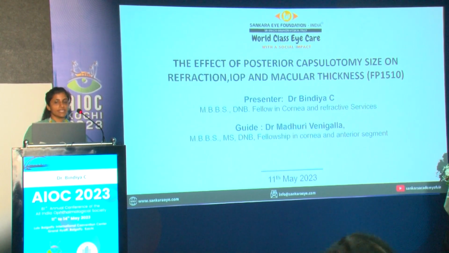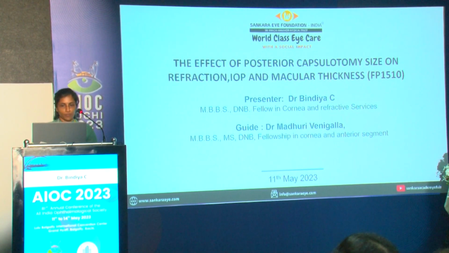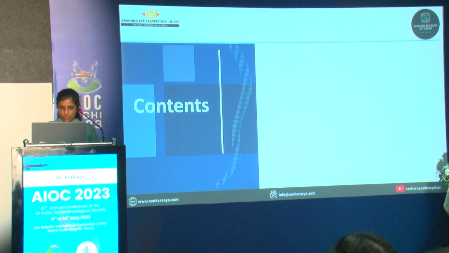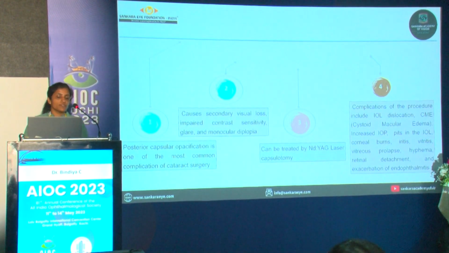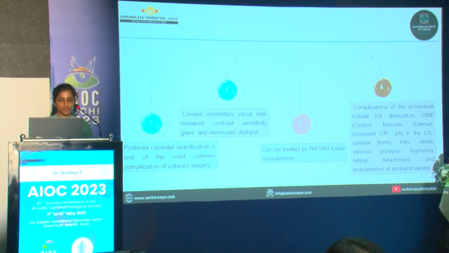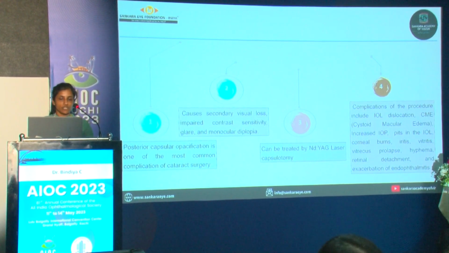Focus on the effect of posterior capsulotomy size on refraction, IOP, and macular thickness. So, we all know that posterior capsular opacification is one of the most common complications of cataract surgery, which causes secondary visual loss, glare, and diplopia. It can be treated by Nd:YAG laser capsulotomy, but complications of the procedure include IOL dislocation, cystoid macular edema, increased